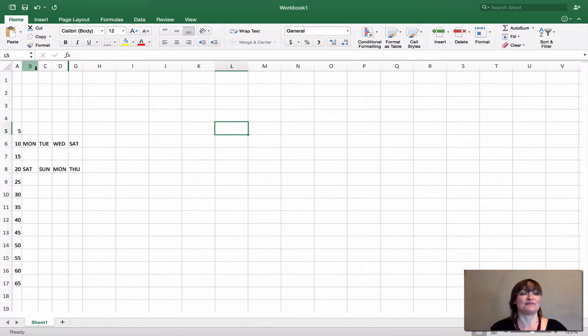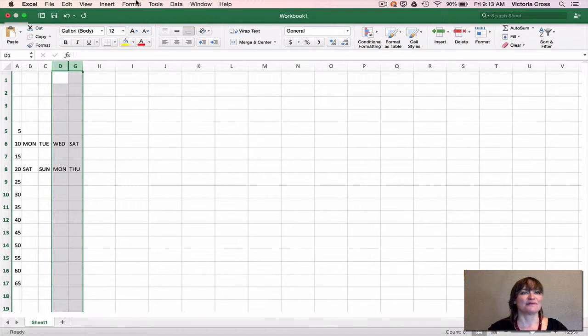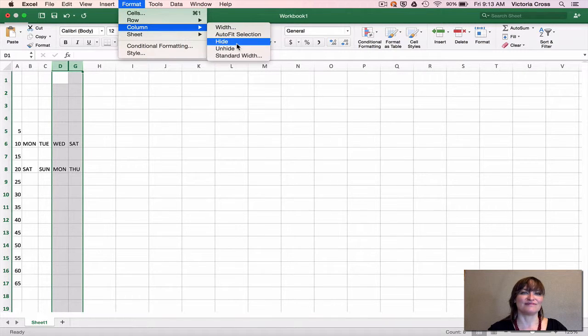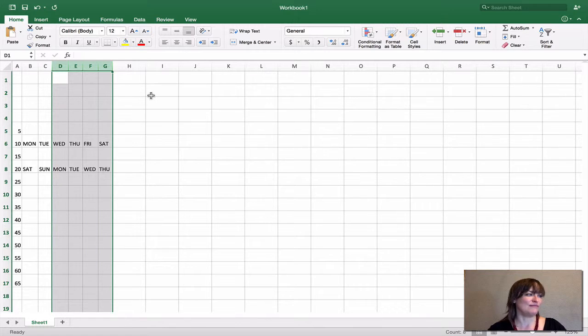Do you see it says A, B, C, D, G, and there's just that green line there that's showing you there is information still here, I've just hidden it from view right now. Okay, let's unhide it. To unhide, we're just going to select the 2 columns surrounding that, and come up to Format, Column, Unhide, and it will unhide those.